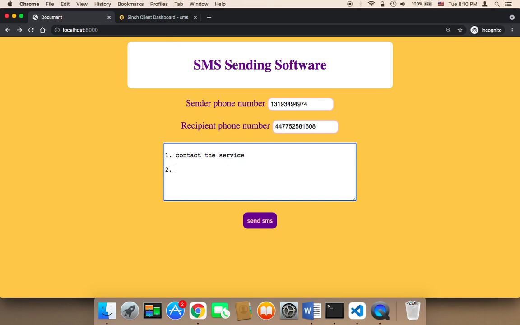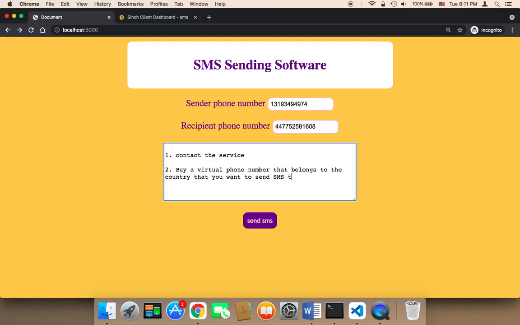The second option is to buy a virtual phone number that belongs to the country that you want to send